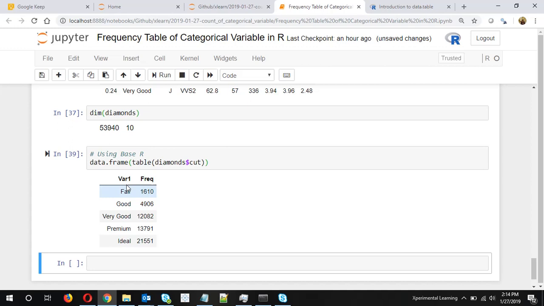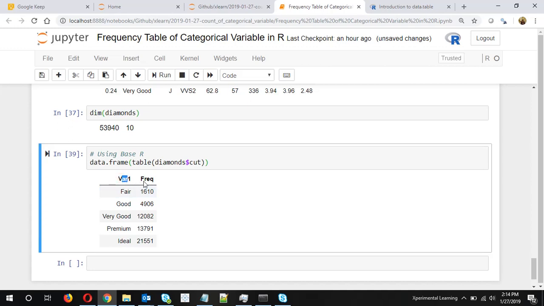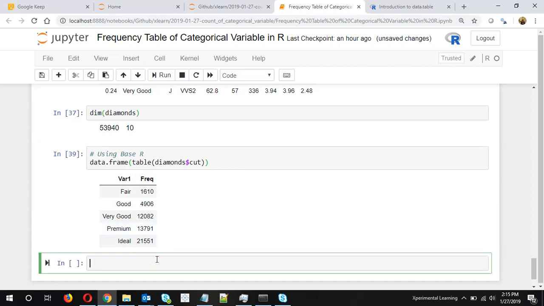Okay, now you can as well change the name of the columns. I am keeping it as is right now. So this is using base R. Now we'll be using dplyr,